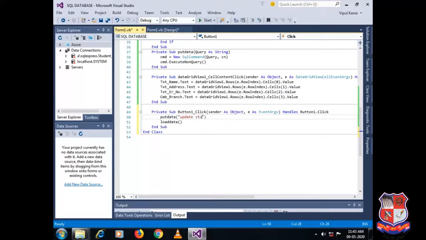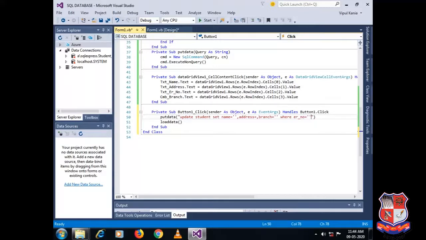Update student set name is equal to, comma, address is equal to, comma, branch is equal to, where er_number is equal to.